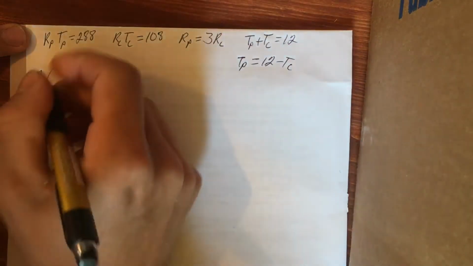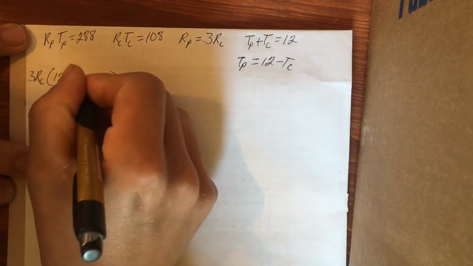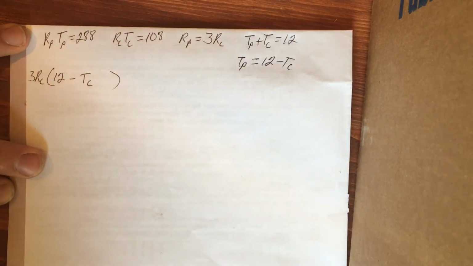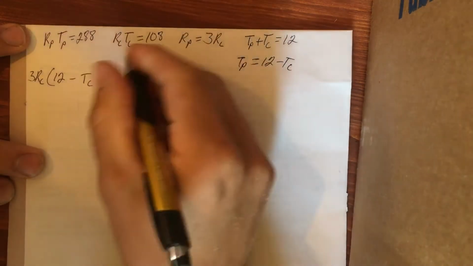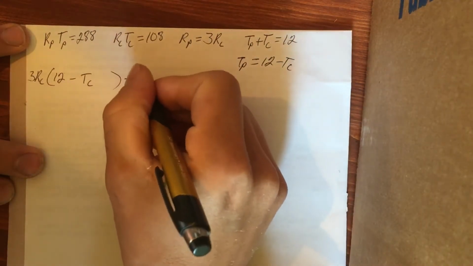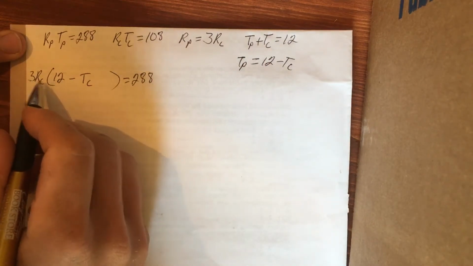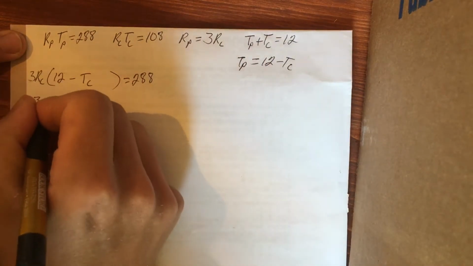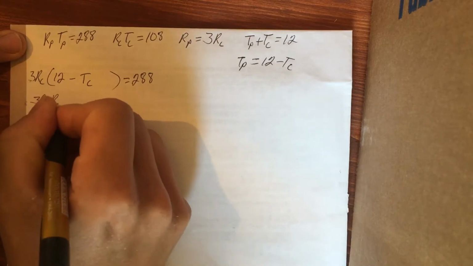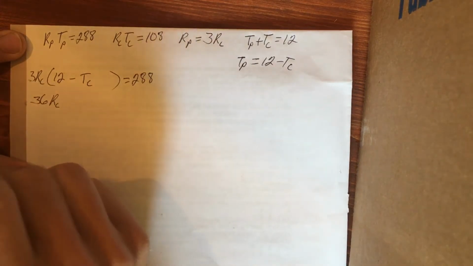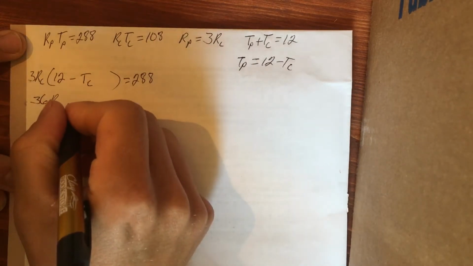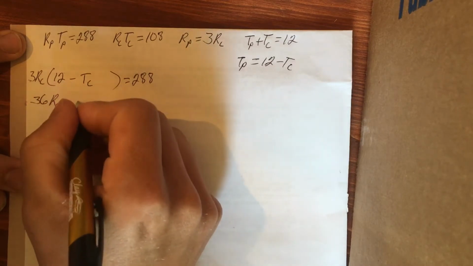So our 12 minus TC gets plugged in here. And now equals 288. Now solving for this, the 3RC times 12 is 36RC. And 3RC times negative TC will be negative